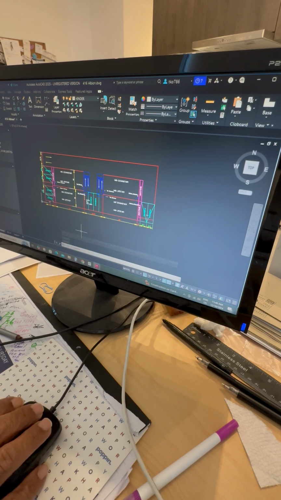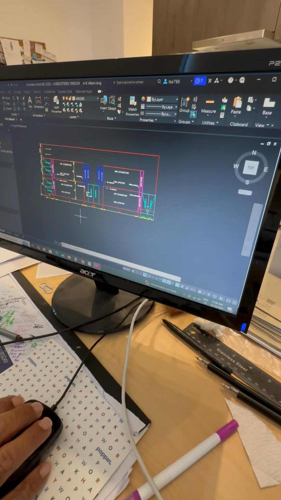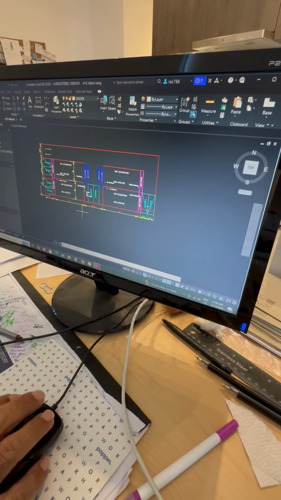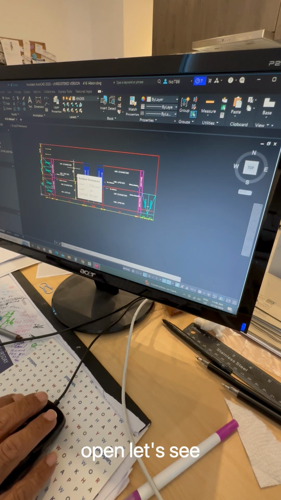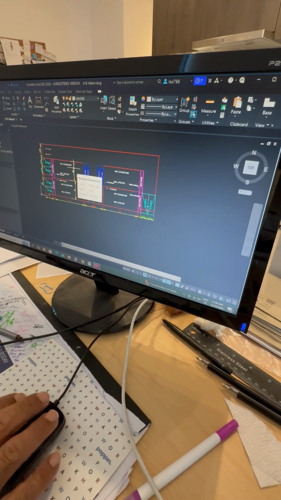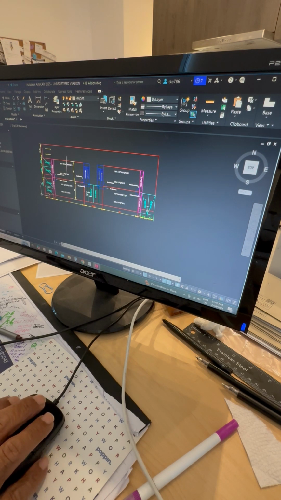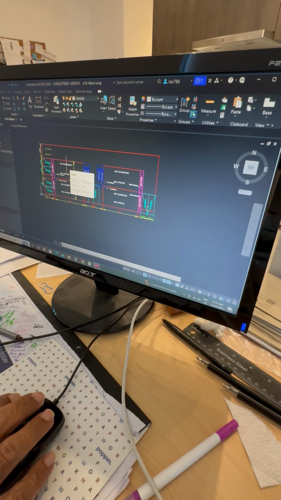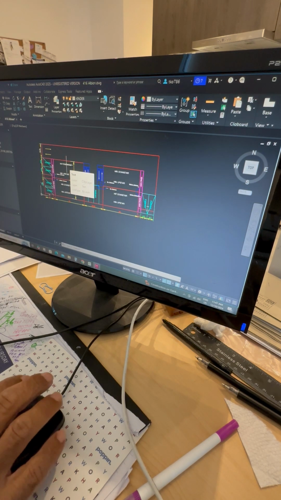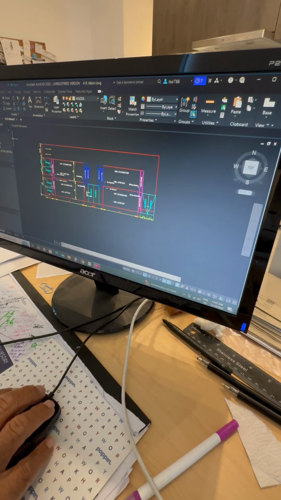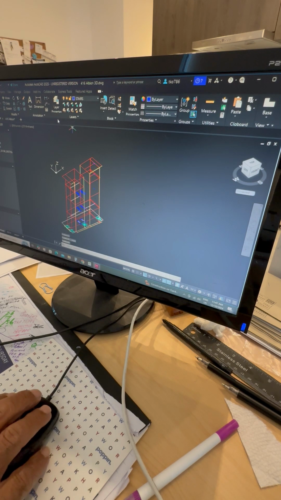Now there are layers in this drawing that I have turned off. Let's say that layer is text. Okay, so if I go back to the other drawing and go into layer management,